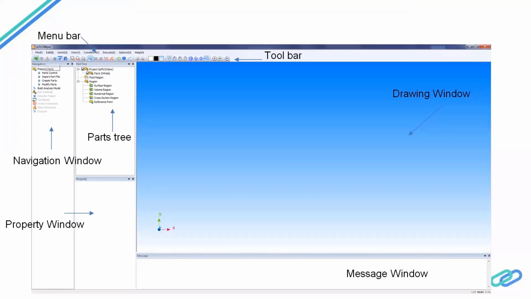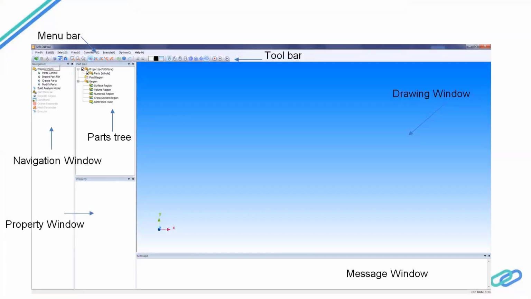In Property, it will talk about the material property: is it a solid body, a liquid medium, or something like an obstacle? The information related to that is given. Then the message window gives us information, for example, if any material is applied, it tells us that the material is applied. It's just giving us information about whatever we are doing in this navigation window.